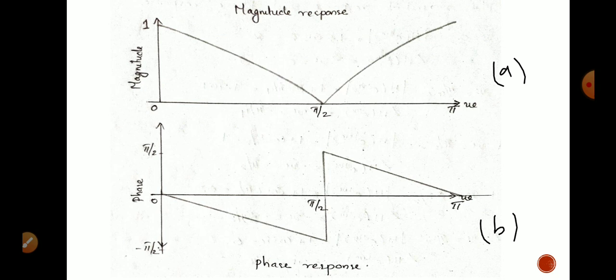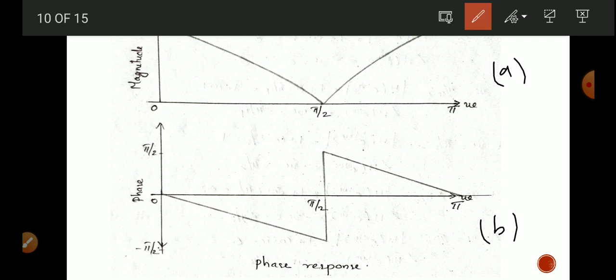Next, how can we plot the phase response of the given system? Similarly, we can plot the phase response with omega on the x-axis and phase on the y-axis. Here, on plotting the values, we can represent 0 on the y-axis, then pi by 4, pi by 2. Similarly, on the negative side also 0, minus pi by 4, minus pi by 2, minus pi. Then on plotting the values of phase, we get the graph in this way.